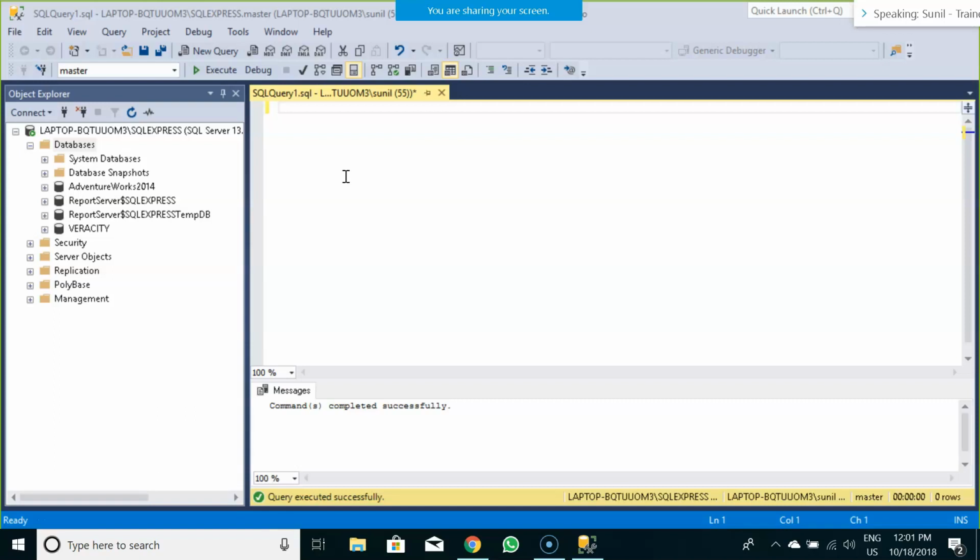So we'll first start with creating one table, and then we will see what we are trying to do hands-on today. Let me create a database.